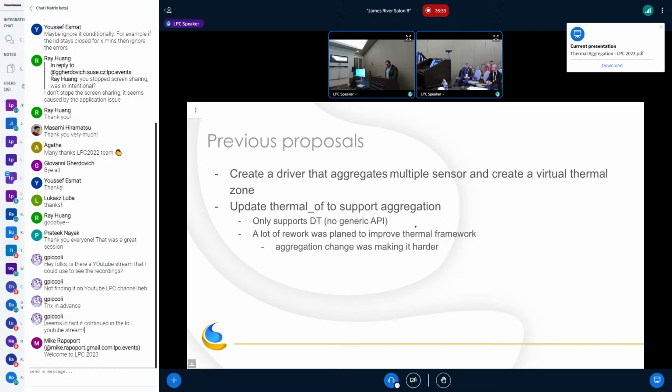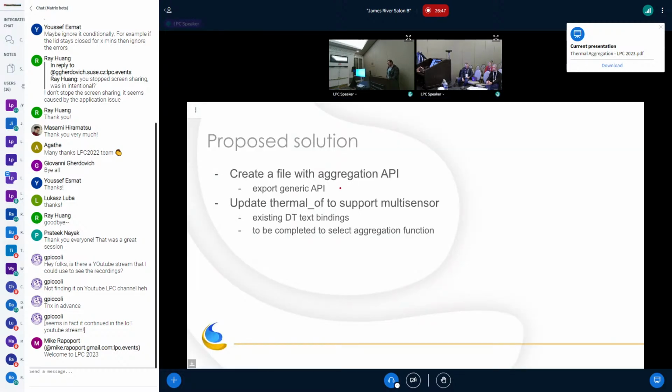One thing that was also not good was that I was only focusing on the device tree. So the next patch set will fix that. The idea will be to create a generic new file to do the aggregations.